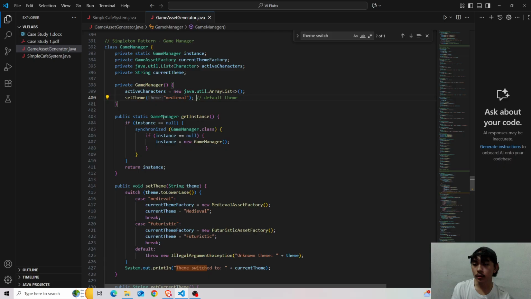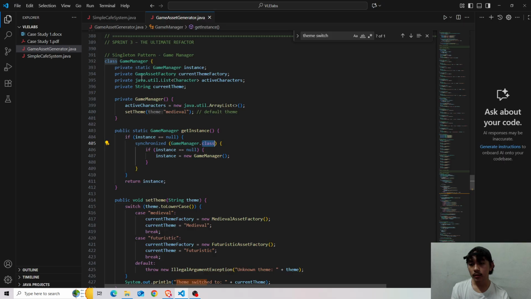Okay, we have here get instance. So this is how we ensure that our game manager only runs one instance at a time. So this is how we'll be implementing singleton. So if instance is equal to null, then synchronize game manager dot class. Okay, it'll be synchronized with the class game manager.